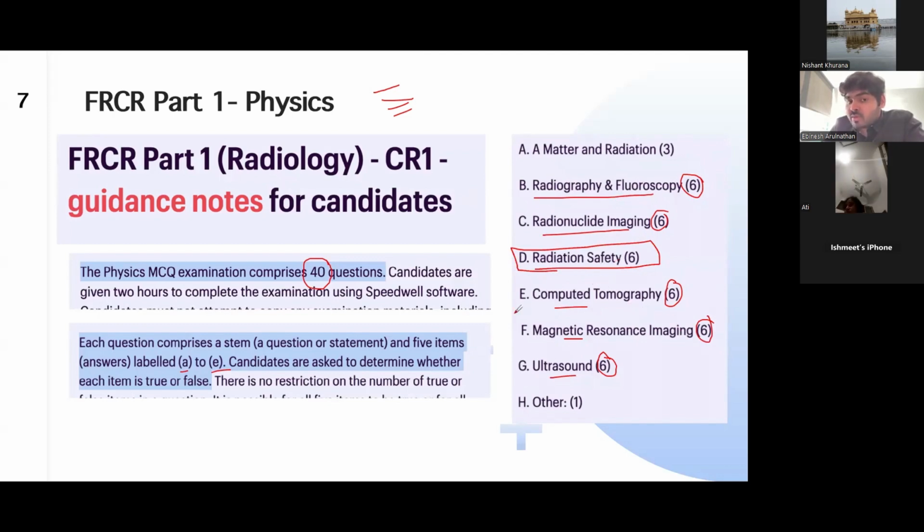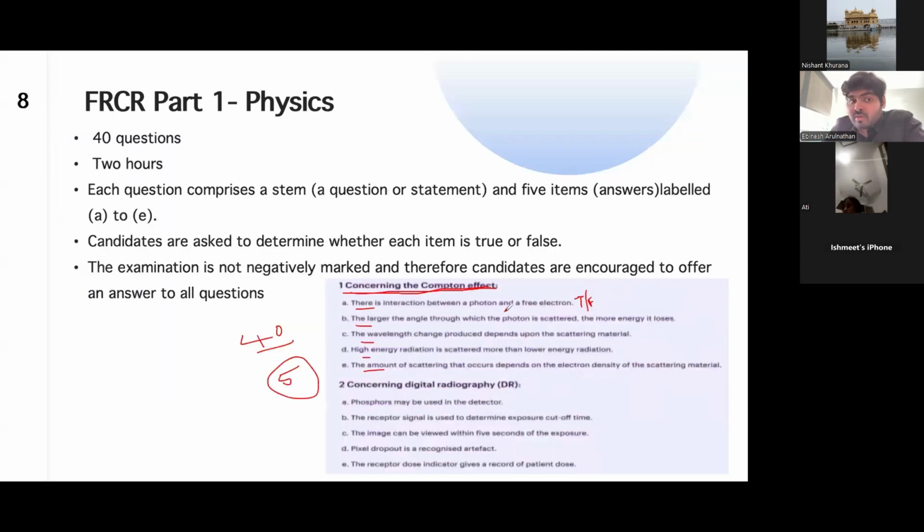So this is for you to understand, right? So yeah, it will be something like this. You'll have a stem with five statements. Each statement has to be marked true or false, and you'll have a total of 2 hours to answer 40 questions, just true or false, and you don't